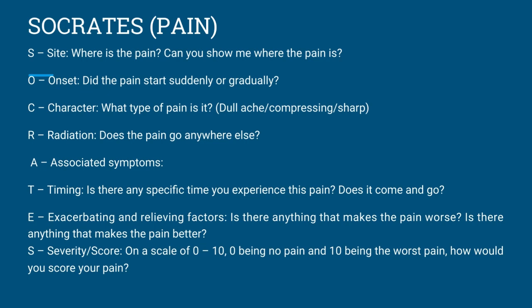And then moving on to the character. So you need to ask what kind of pain it is. Is it dull? Is it sharp? Is it compressing? Whatever it is. Then moving on is radiation. You need to ask if the pain goes anywhere else. For example, if the patient comes in with chest pain, does it go anywhere else, to your arm, to your jaw, or anything? Then A stands for aggravating factors, anything which makes it worse,